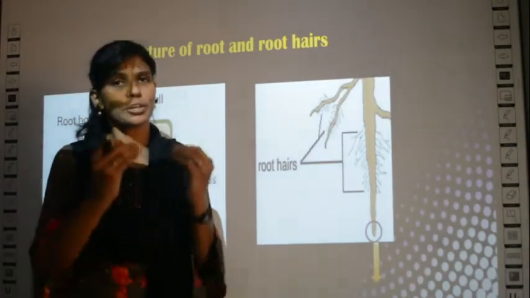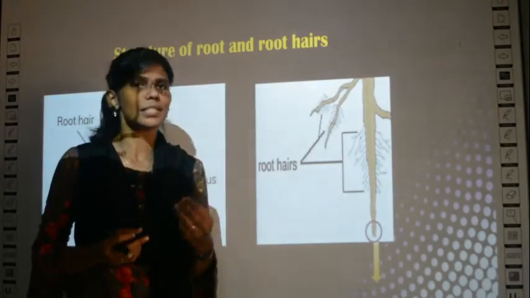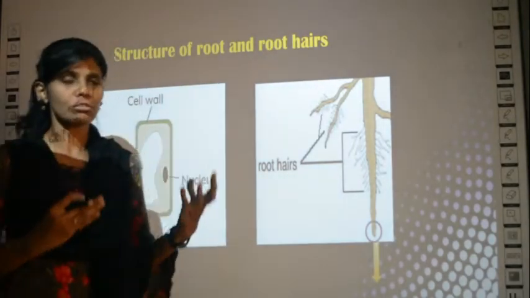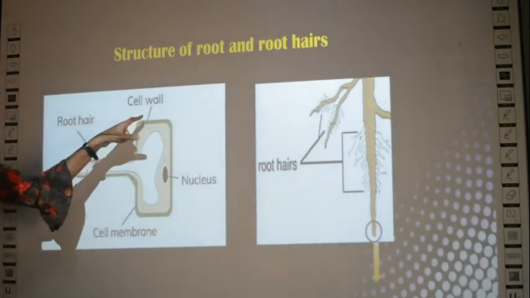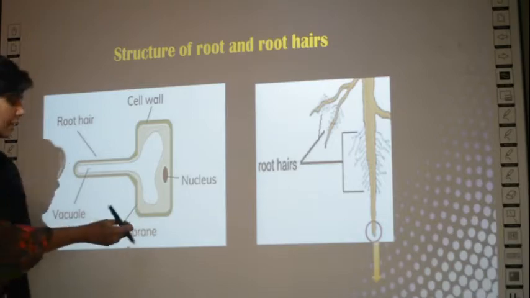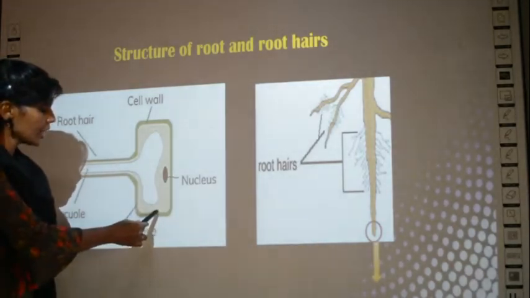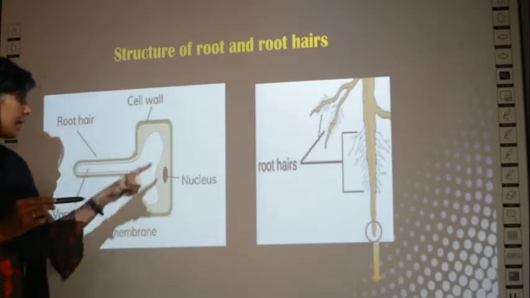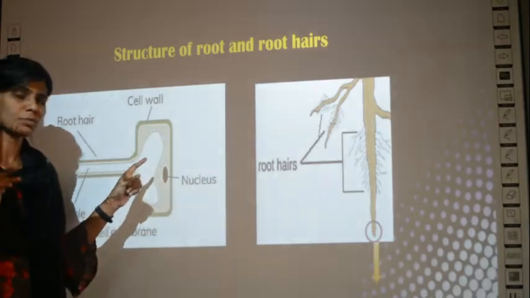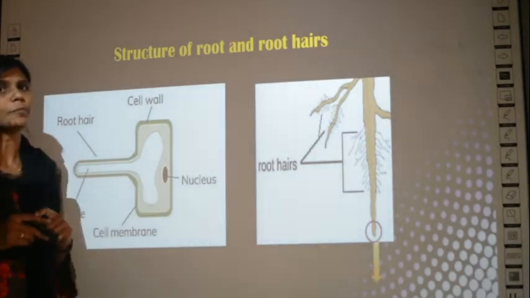So how does a root cell appear? You have studied in grade 6 itself the structure of a plant cell, no? So like all other plant cells, root cells also have a cell wall. The outer one is the cell wall, the inner one is the cell membrane. This green portion which is shaded, the outer one is the cell wall and the inner one is the cell membrane, and this large white space is called the vacuole, which is a special property of a plant cell, and this dark circle is called the nucleus.